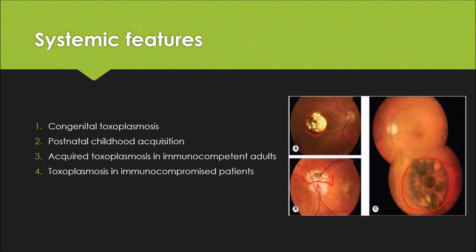As with adults, in immunocompetent individuals, this is usually subclinical. Ocular lesions are probably common but may not develop for years after the initial infection. Acquired toxoplasmosis in immunocompetent adults is subclinical in 80 to 90% of the cases,